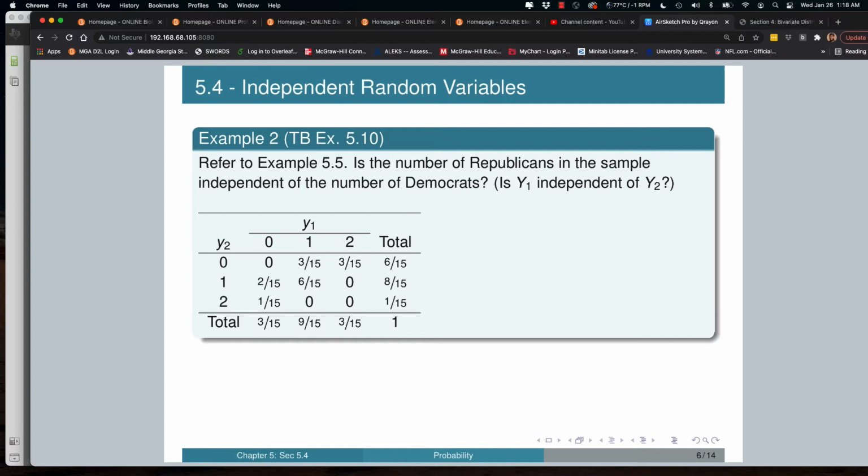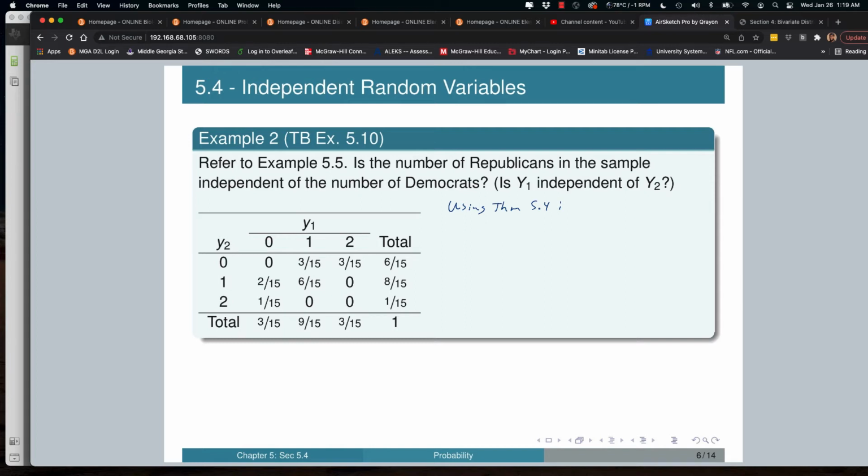And so y sub 1 represented the number of Republicans, and y sub 2 represents the number of Democrats for the random variables in this case. And they want to know, is the number of Republicans in the sample independent of the number of Democrats? Well, using theorem 5.4, we just need to show that p of y sub 1